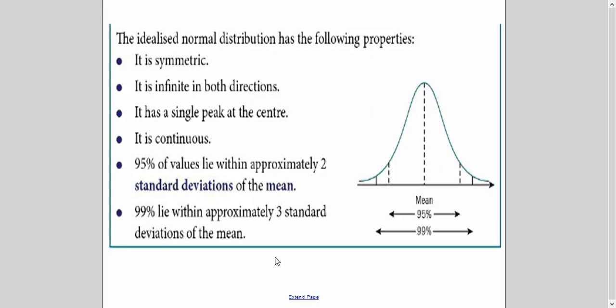Here are some properties of it, just for your information. The graph of the normal distribution is a bell-shaped graph. Both ends are infinite, and at the peak it is the mean, and you can see here 95% of the data is covered by 2 standard deviations of the mean. You don't need to know this as such, but understand that if you take 2 times the standard deviation and add and subtract it from both sides of the mean, the area covered under that is 95% of the probability. Anyway, this was extra information.